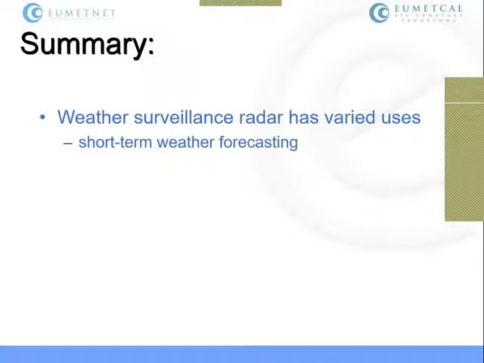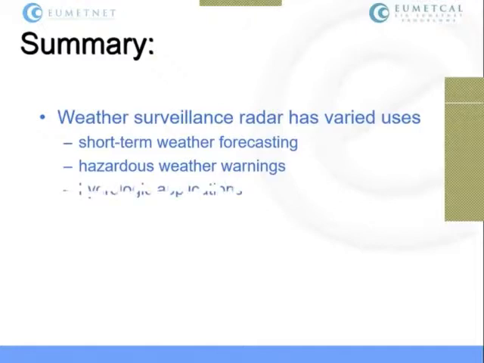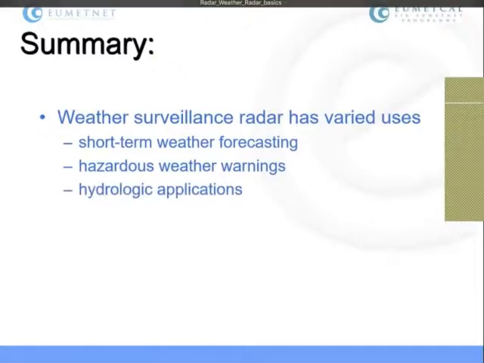Weather radars have varied uses. They are used, first of all, for detecting where the precipitation is and how intense it is. They are very useful for short-term weather forecasting. And if you are issuing warnings in your Met service, you will see that the weather radar is very helpful in those situations.